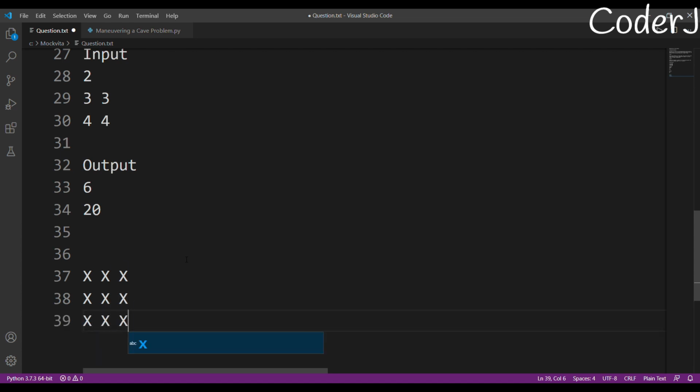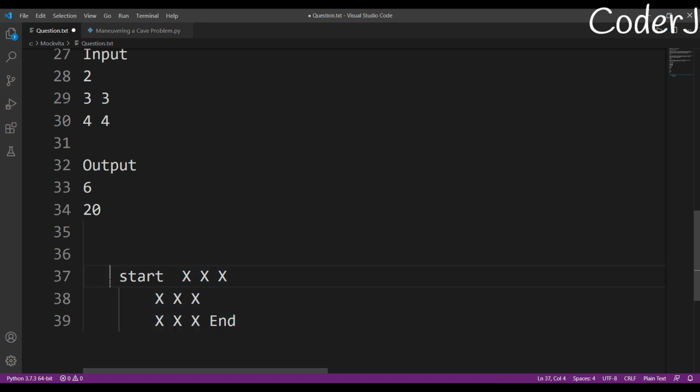This is the start position and this will be the end position, the rest of the part. So I want to find all the possible paths by which I can reach from this position to this position. The only constraint is that we can only move to the bottom or to the right, right?